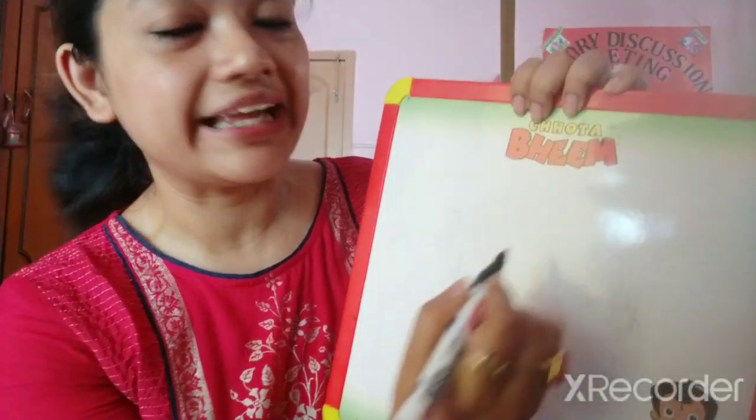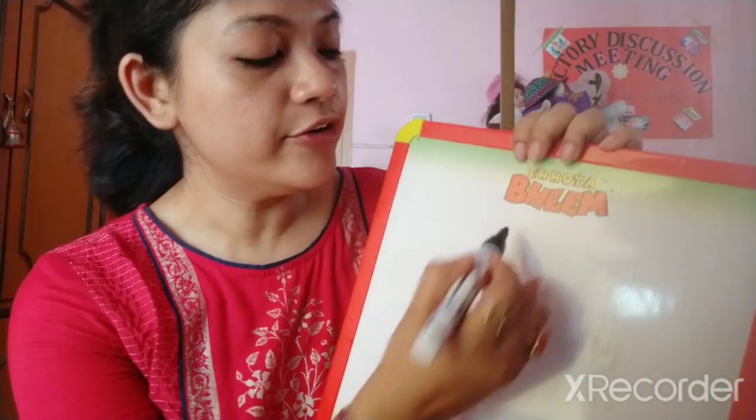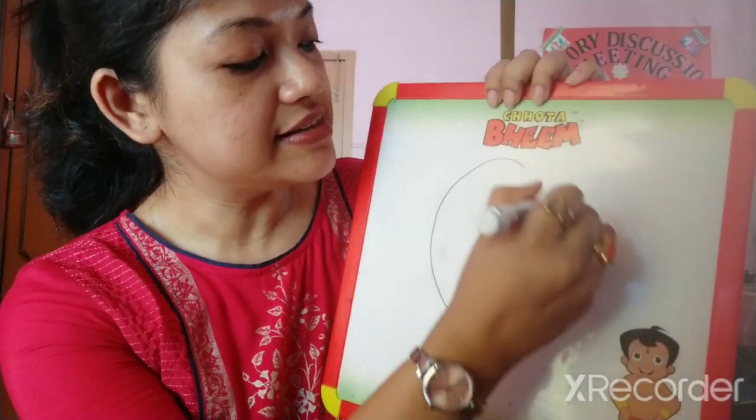So now let us consider the construction. First, what I have told you, you have to draw a bounding circle with twice r radius. So first, just take your R value. R value is 3.2 centimeter according to the exercise. So you have to take the value of 6.4 centimeter and draw the bounding circle.